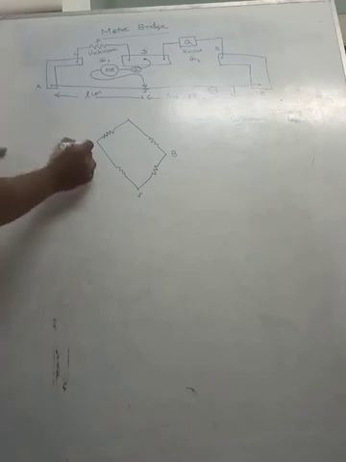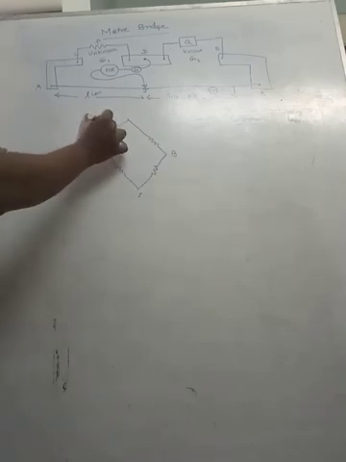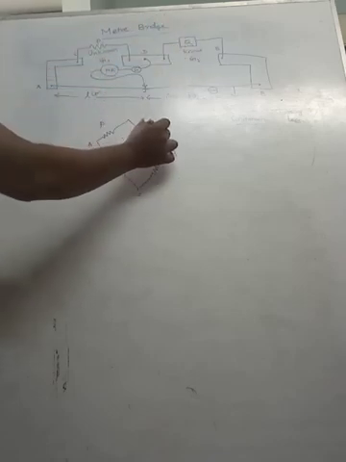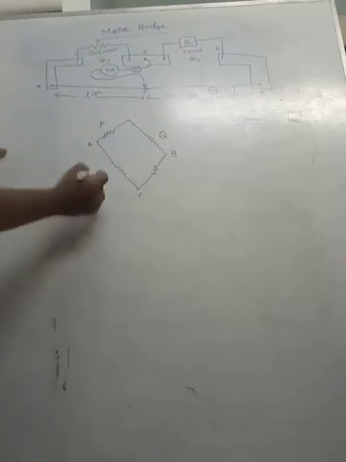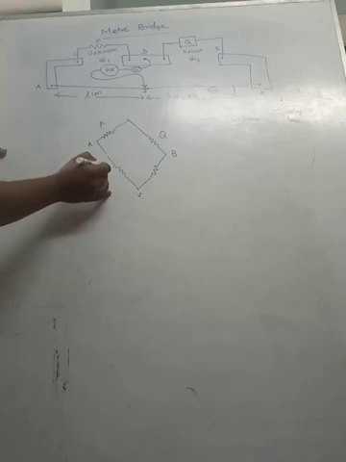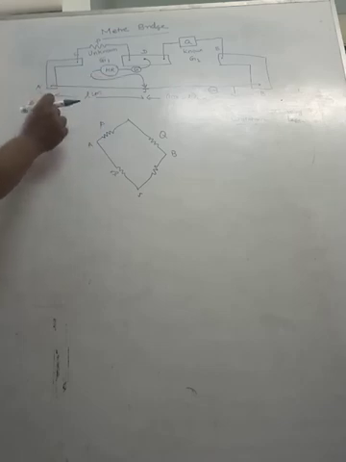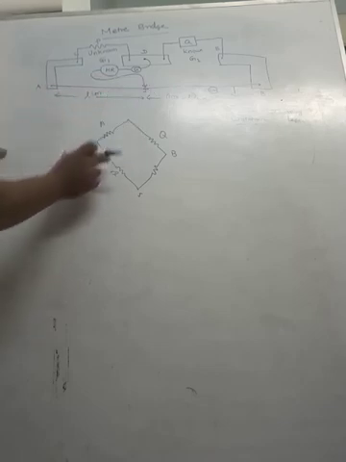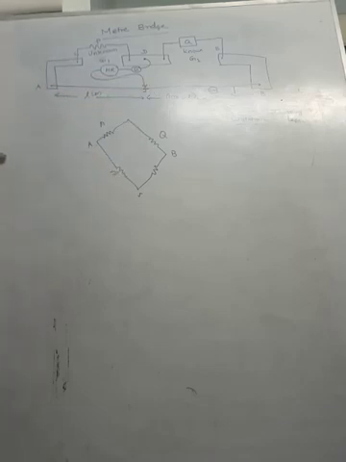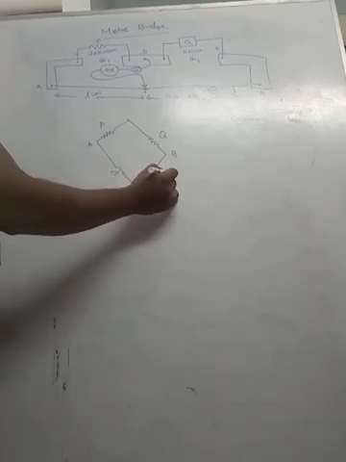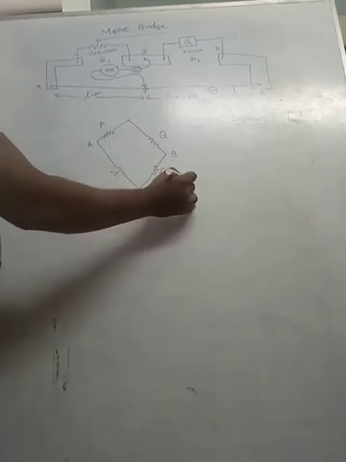So this point A, this point B. This resistance is P, the known resistance, and this resistance is Q. And here the length is L, and the resistance, let me take it as R. R is the resistance per unit length. Then for the total length L, the total resistance will be R into L. And here the resistance will be how much? 100 minus L into R.